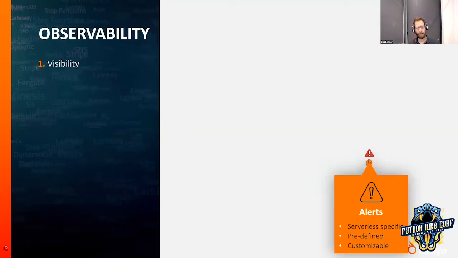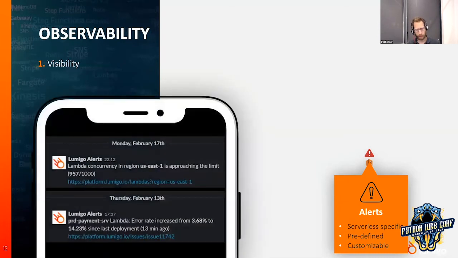Therefore, you should have those alerts baked in and not have the generic CPU and memory alerts in place. So try to have specific alerts for the service that you use, and then you can hook it up with Slack, PagerDuty, or whatever, allowing you to know about an increase in failures or a specific resource like Lambda concurrency.